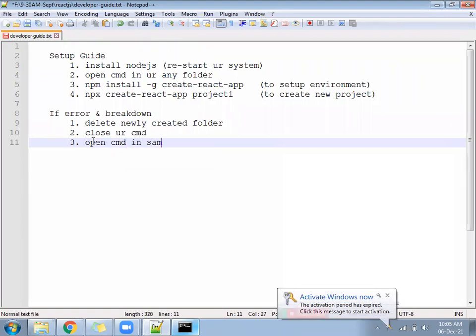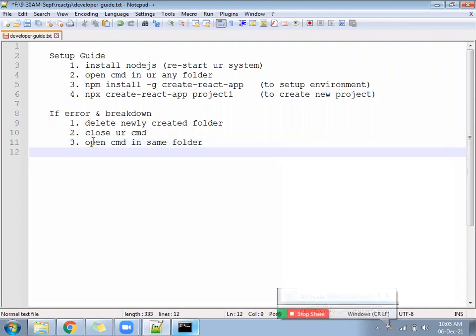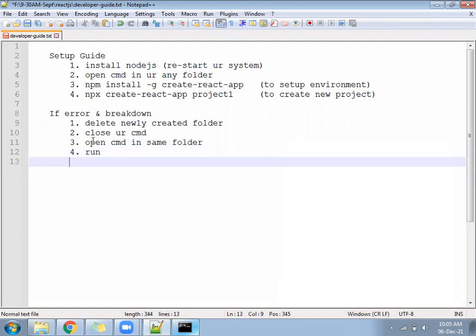in the same folder. After that, step number 4, run npm cache clean --force.